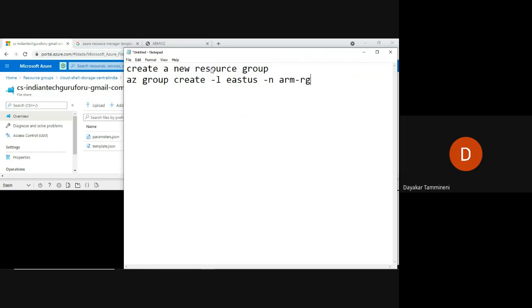Okay. So if you execute this command in the bash shell, then a new resource group will be created with the ARMRG name. After that, now we need to deploy a virtual machine using the template.json as well as the parameters.json. So the command for that is az deployment group create --resource-group. What is the name of the resource group? ARMRG